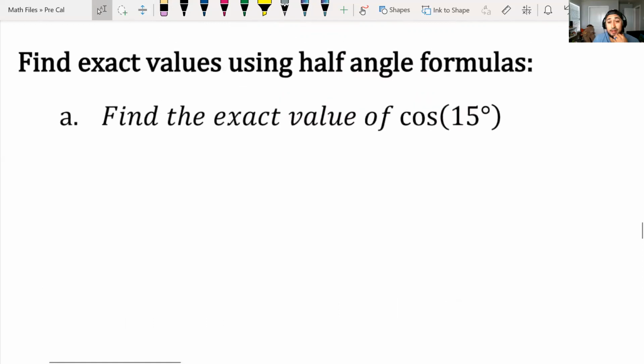So find the exact value of cosine of 15 degrees. Once again, you look at your unit circle. You know 15 degrees is on there, but do you see a value for 15 degrees? And that answer is no. So the way we set this up is, since we're using a half angle, we are going to let